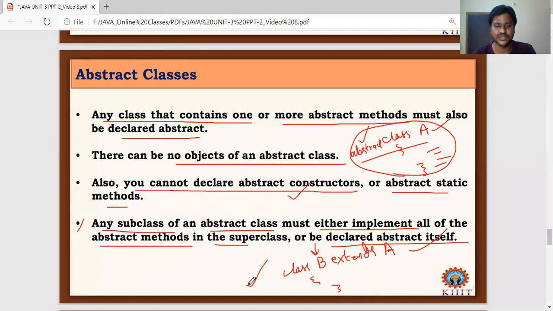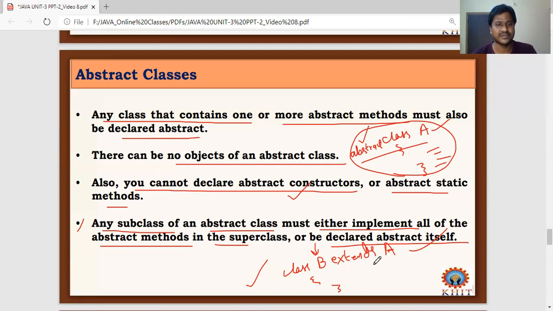It's an optional thing. When we declare the subclass as abstract, at least one of the methods should be abstract. And why? Because in multi-level inheritance, a subclass may act as a superclass for another subclass. In that case, this intermediate class may be declared abstract also for the subclasses defined at the next level.